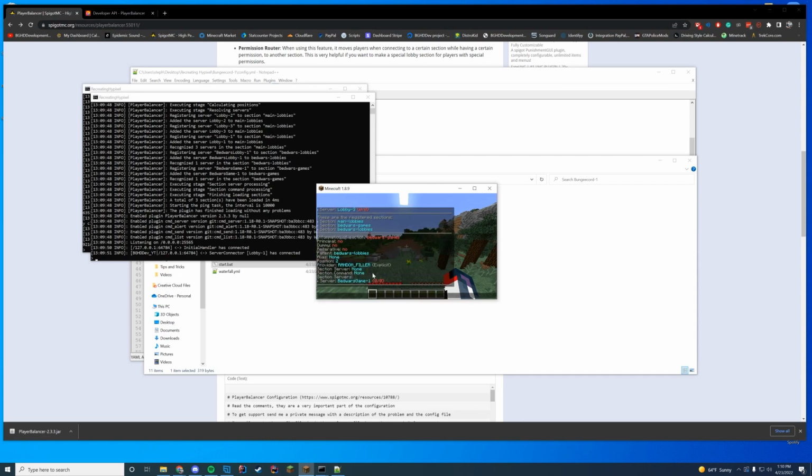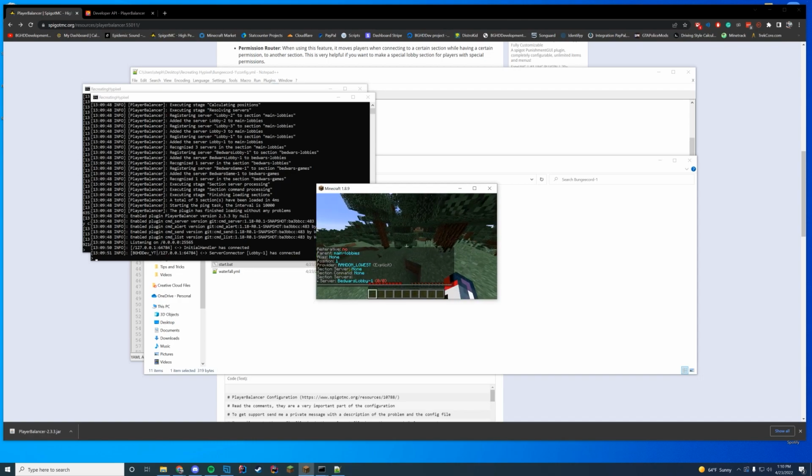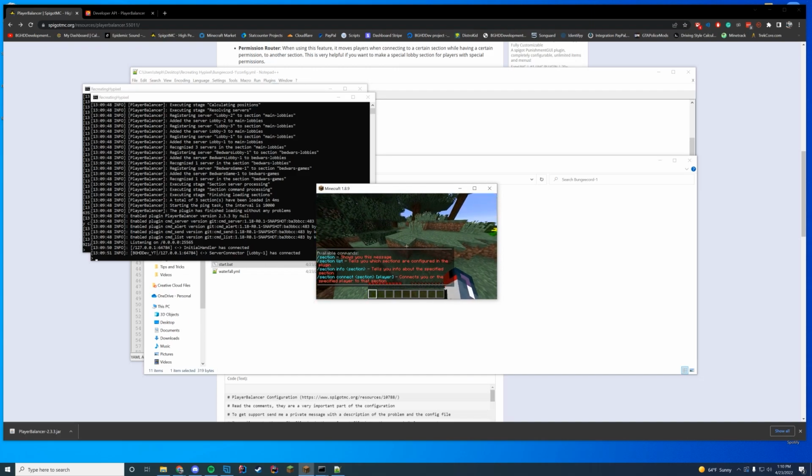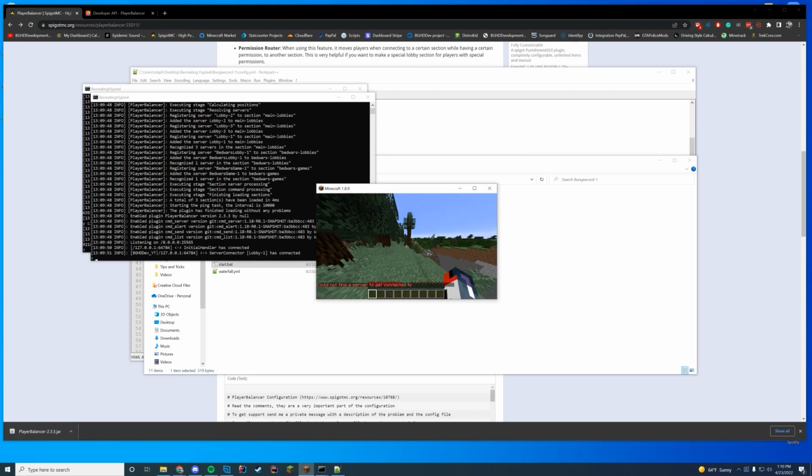Bed Wars games, same with Bed Wars lobby. You can click and look if they're online and reachable. So since they're unreachable, the server section is not going to do anything. But if we did, we could do server connect or section connect the section. So we could do main lobbies, the player name, so BGHDDev_YT, but it can't find a server because they're all